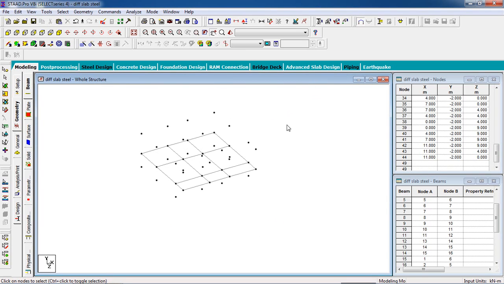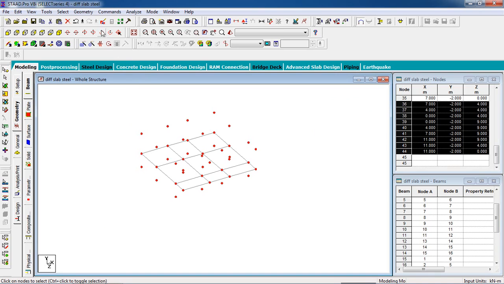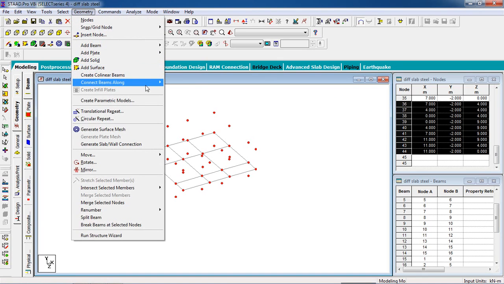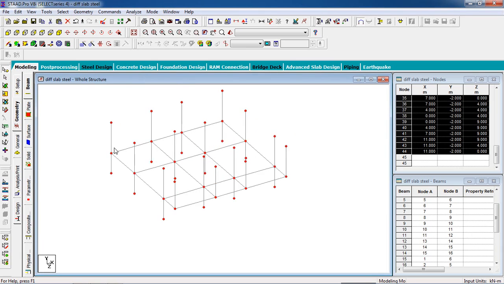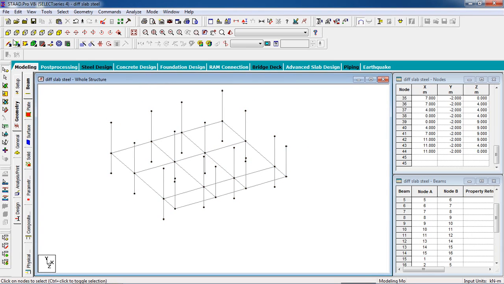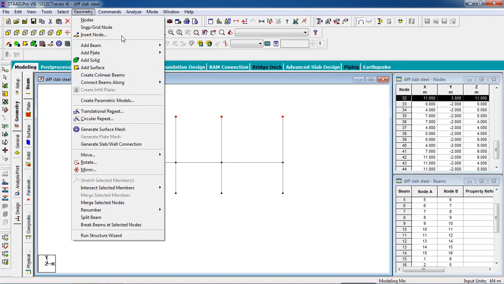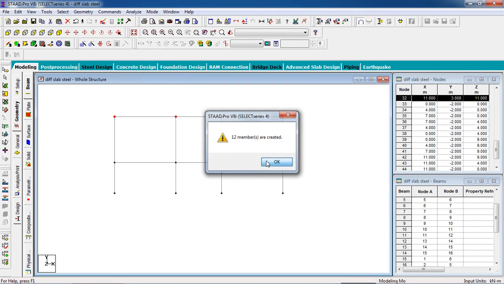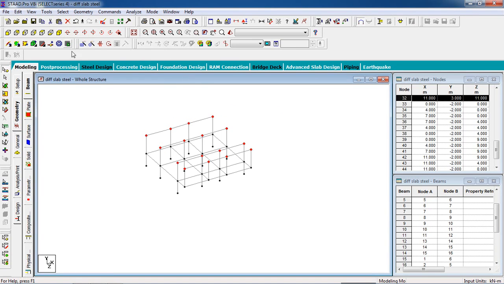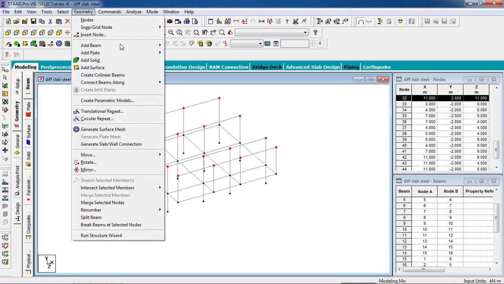Now select the whole nodes, go to geometry and go to connect beam along Y axis. Okay, now go to front view, go to the upper portion, go to geometry, create beam along X axis and Z axis.